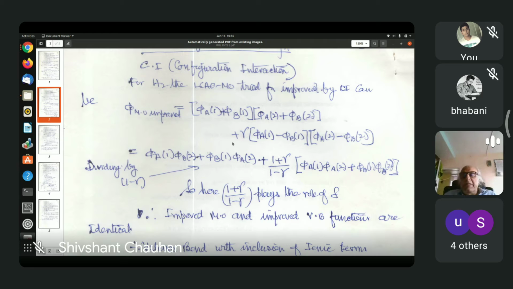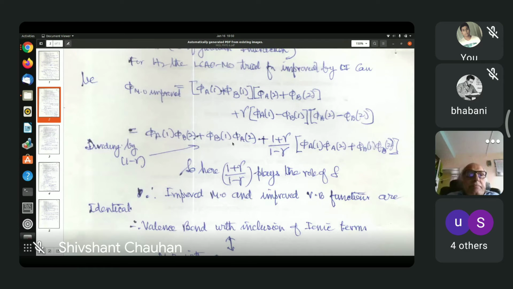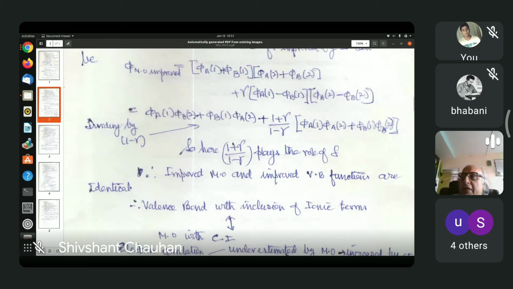So what is the modification? In the valence bond wave function, we include ionic terms which are left out originally from the valence bond wave function. We include some ionic terms with the variational parameter and try to optimize this variational parameter. In the LCAO function, these ionic terms are already overestimated. So to reduce the effect of ionic terms, we resort to configuration interaction, and the lowest configuration we can add is both the two electrons on the next U state, so that the total wave function is a G wave function.